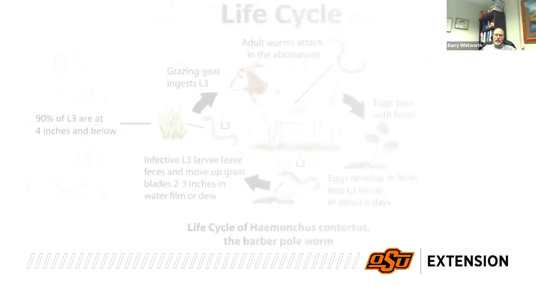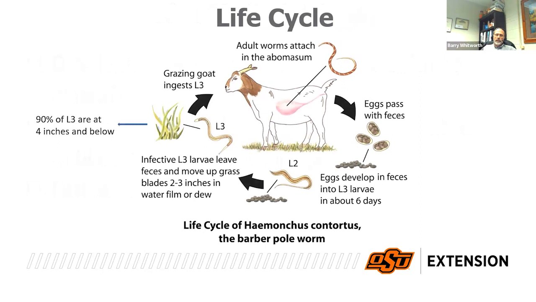And this is the typical life cycle that you see. This is a goat, and it's based on Haemonchus. The eggs pass in the feces. If environmental conditions are right, they're going to hatch, and that will be your first stage larva, L1. L1 will molt to L2. Now, L1 and L2 feed on bacteria in the fecal material, and they stay in that fecal pellet. When L2 molts to L3, it's got to get out of that fecal pellet to continue on its life cycle.